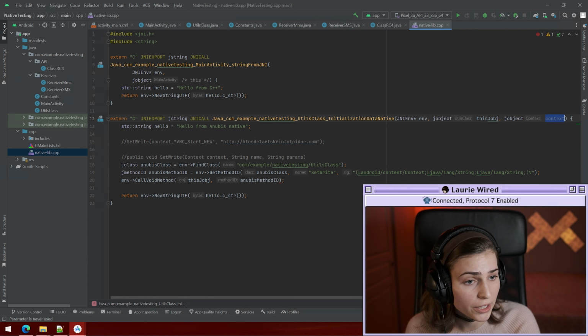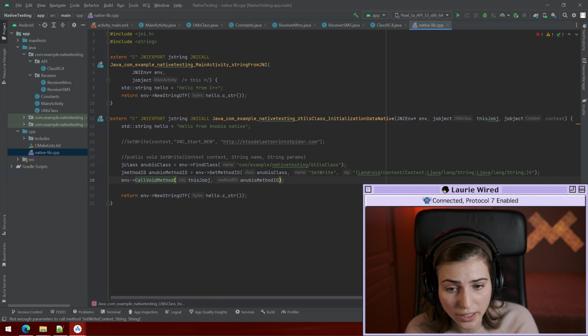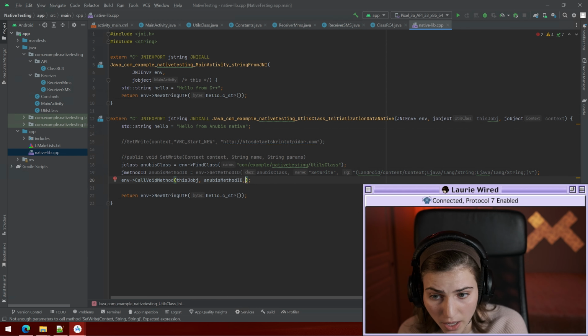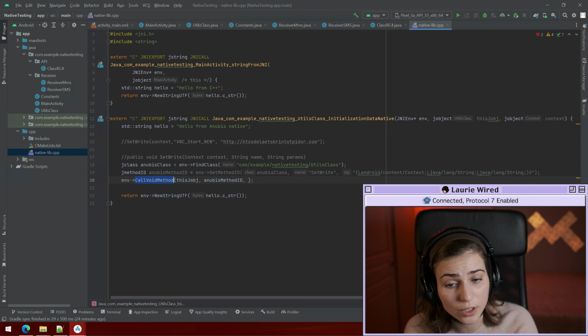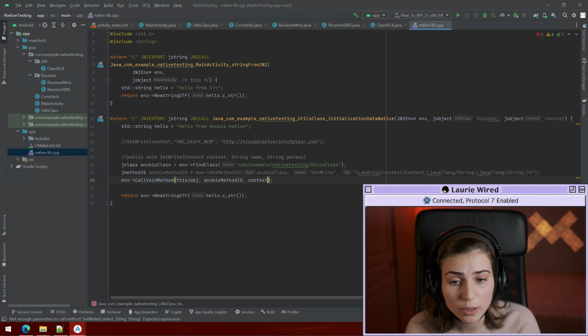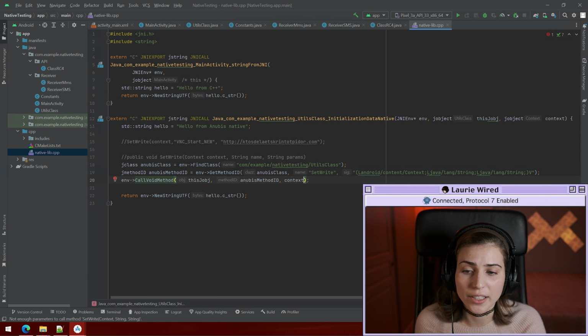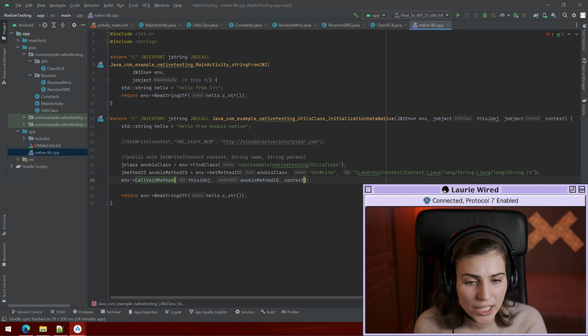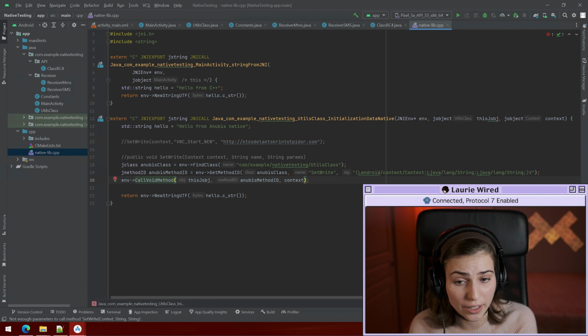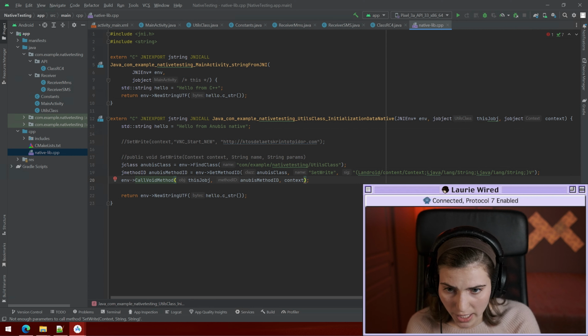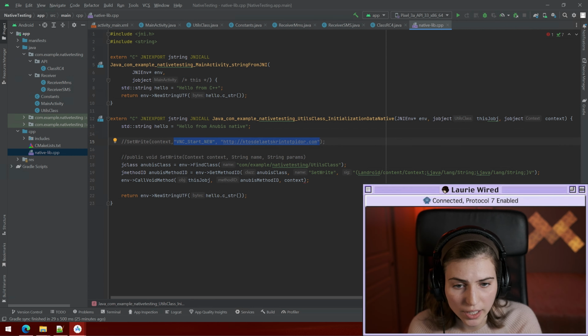So now all we need to do is pass in our context, and then the other parameters to this call void method, which is part of the Java native interface, are going to be the actual parameters that are passed to this particular method that we're trying to invoke. So we have our context, but we also need 2 additional strings. So if we were taking this as an example, we can add these strings here,